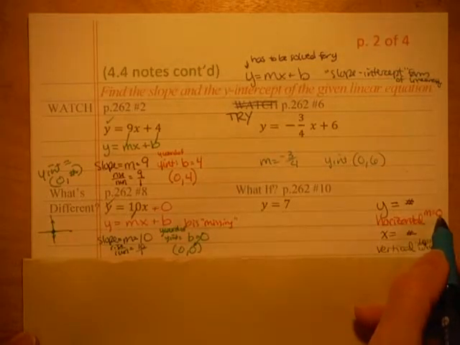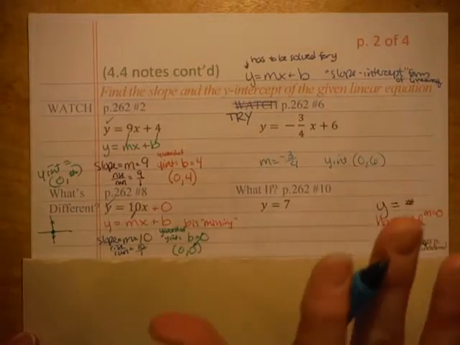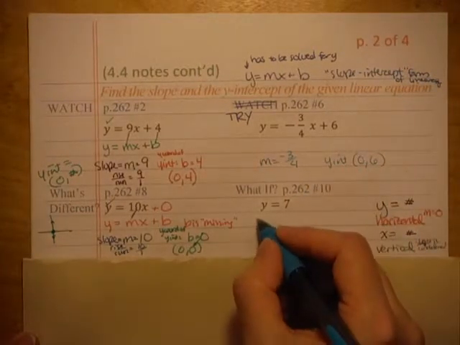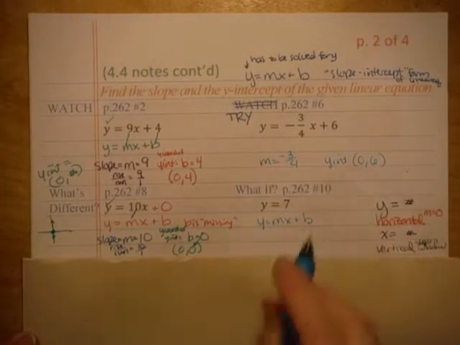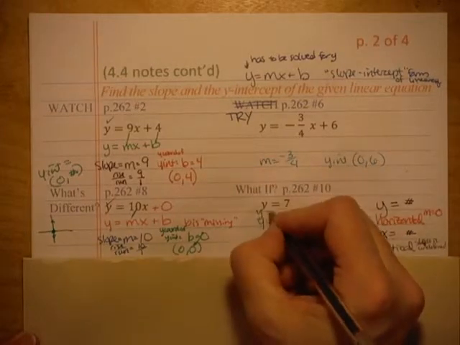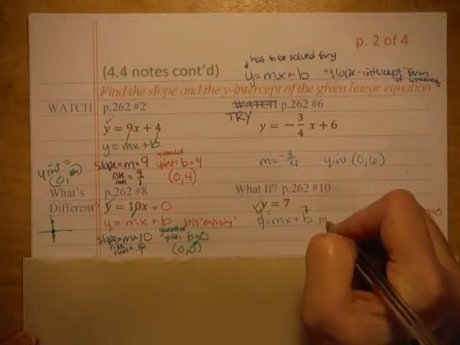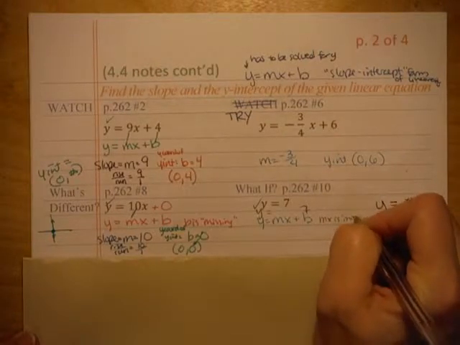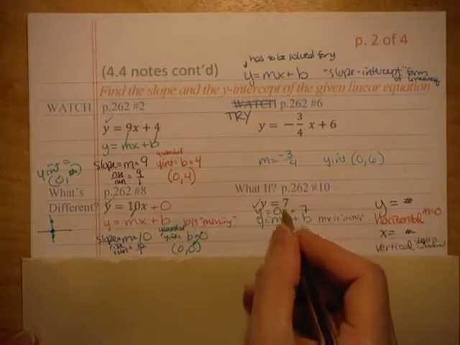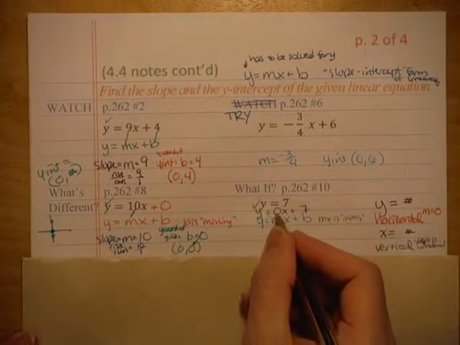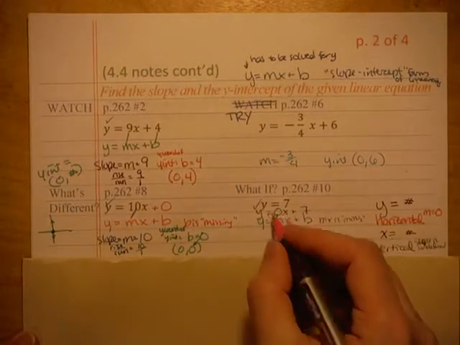Okay, so a vertical line has undefined slope. A horizontal line has m equals 0. So we're dealing with a horizontal line here. Our slope is 0. If you forget, though, you just do what we've been doing. y equals mx plus b. We have the b part here. We have the y equals 7. And it is solved for y, so we're good. We're missing the mx part, which means that our m value must be 0 times the x to make that disappear. So 0 times x makes it disappear, and now we can see what our slope should be. Our slope is indeed 0,